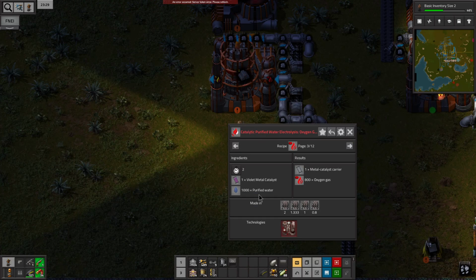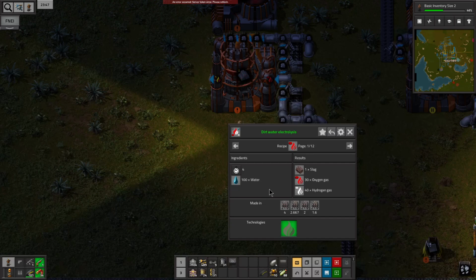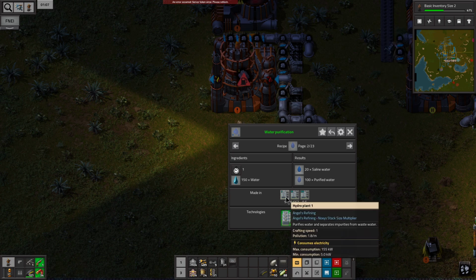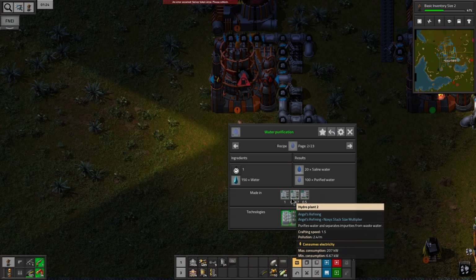And then that's our only current way of doing it. Now, if we do the purified water way, we have to get the purified water. To do that, we can use regular water, and it's going to make us saline water and purified water. 150 water will turn into 100 purified water and 20 saline in a hydro plant. Then we can just electrolyze the purified water, and we don't get the slag, and we get extra oxygen and